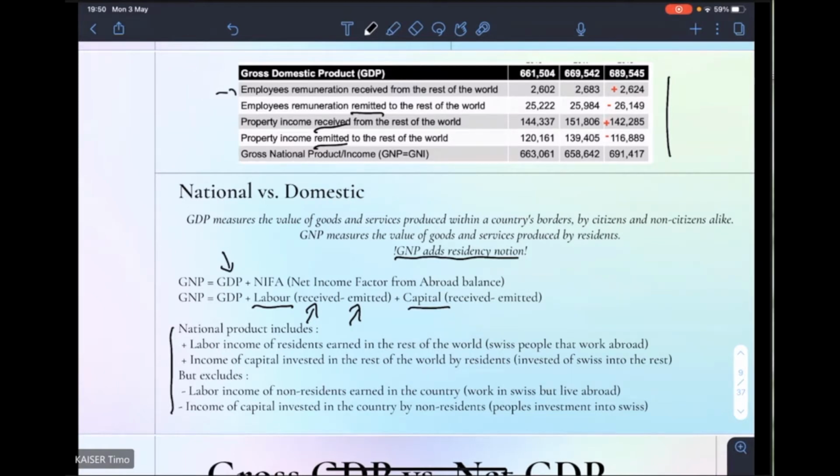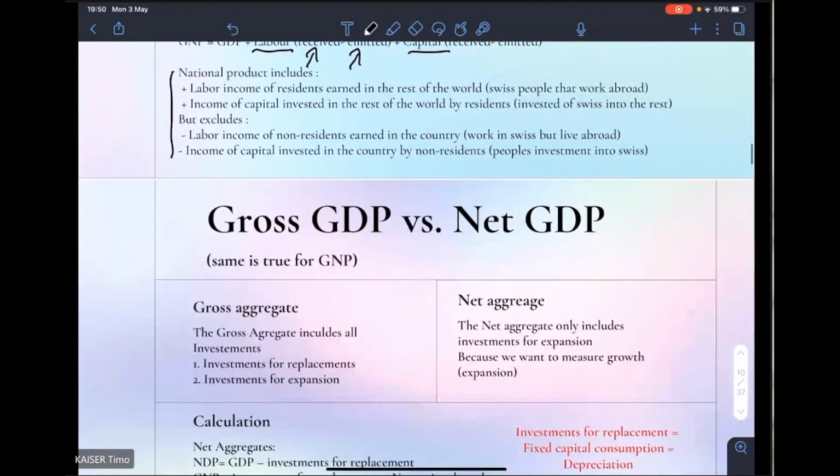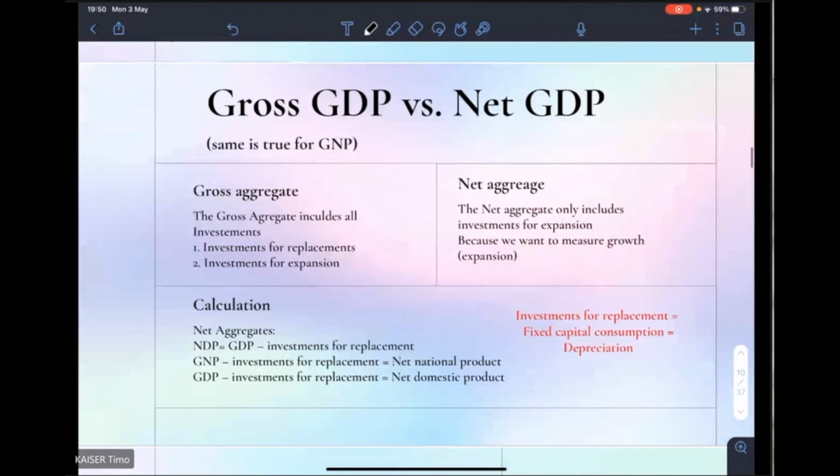Yeah. Okay, then let's move to the next aggregate, which would be the gross versus the net GDP. Well, okay, the gross aggregate includes all different types of investments. It includes investments for replacement and investments for expansion. However, the net aggregate only includes investments for expansion, because actually, what do we measure with GDP? We measure economic,